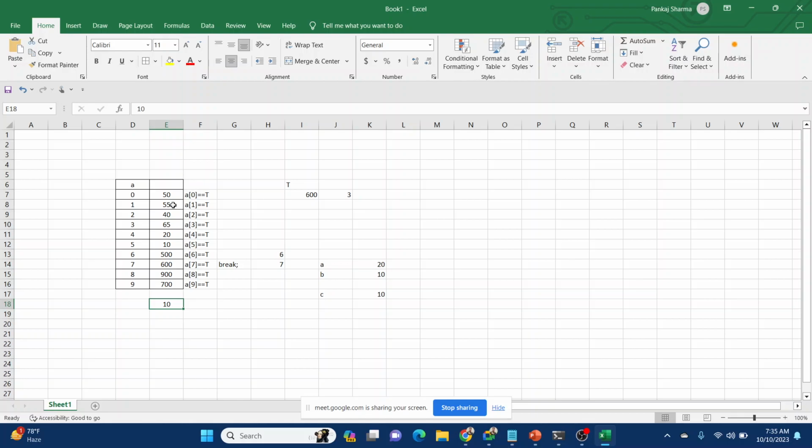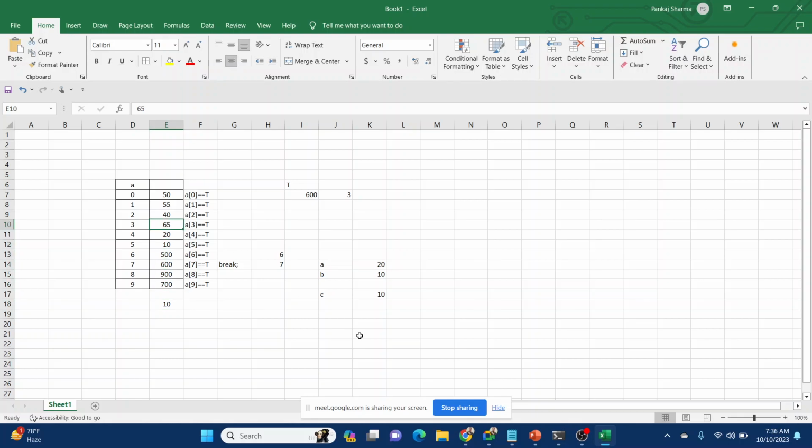One, we found it, and then we give the index value. Second, we are not able to find it, and then we tell the user that the number is not in the list. So this is the basic idea of how linear search works.